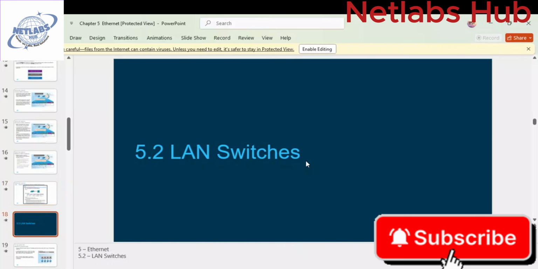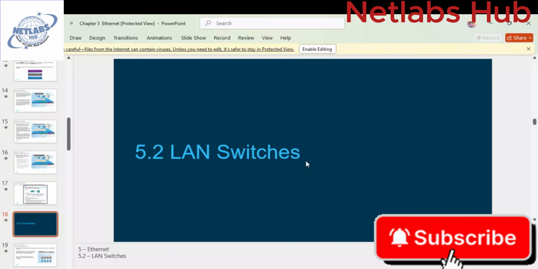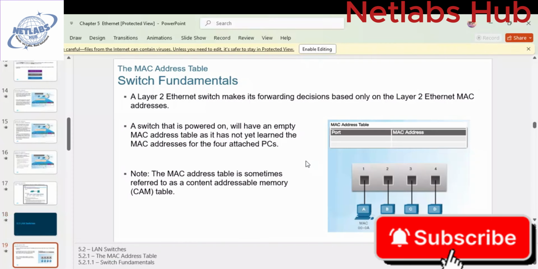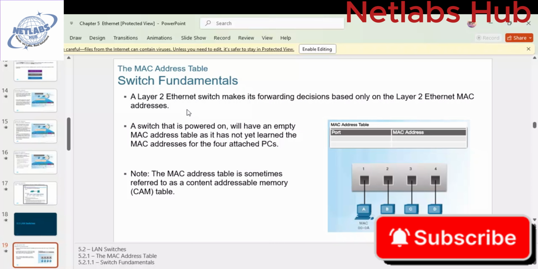So LAN switches, local area network switches. These are the switches that are used within the private network, and these switches seem to be different from the ones that are used in the data center or in the distribution hierarchical layer. So I'm just going to explain more on how a switch functions: a layer 2 Ethernet switch makes its forwarding decision based on the Ethernet MAC address. The forwarding of frames by a layer 2 switch, that is the 2960, is based on the Ethernet MAC